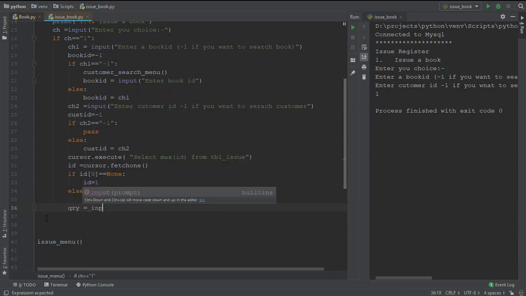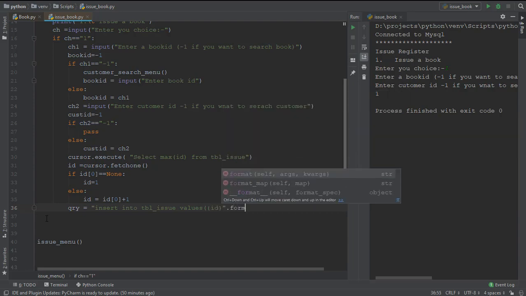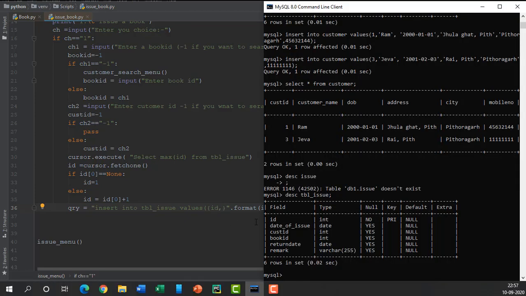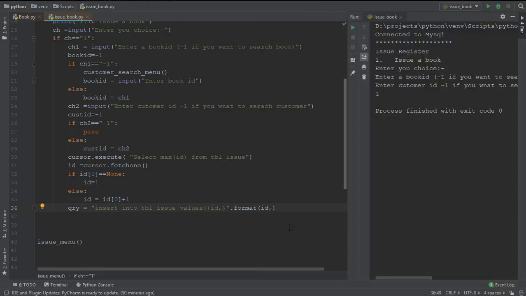Query is equal to insert into table name tbl_issue, and we have to specify the id. We'll use a bracket placeholder for id. I'm going to use id, dot format, here I'm using id. Then let's check our table, that is date of issue. That will be anything you can ask. Input date of issue,